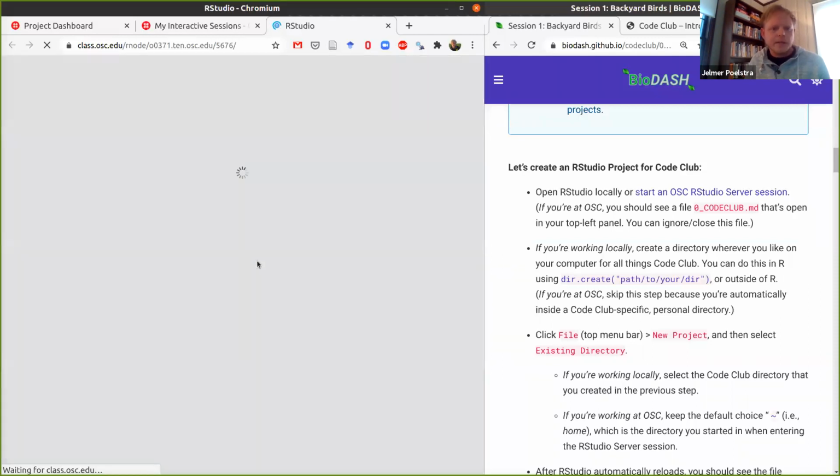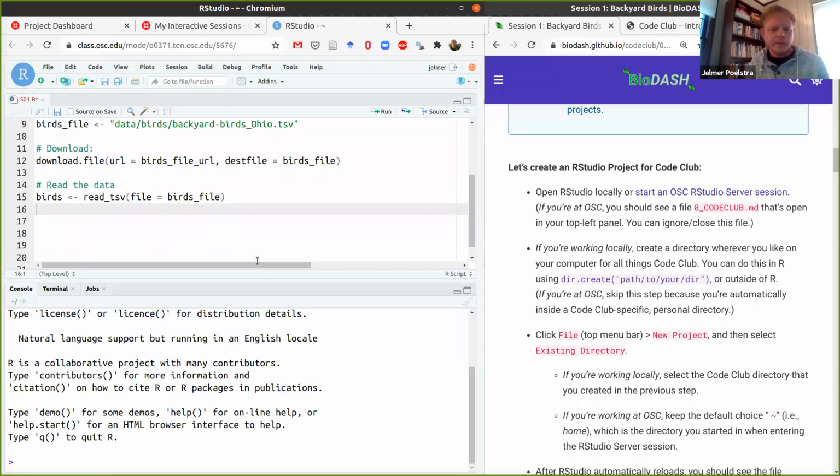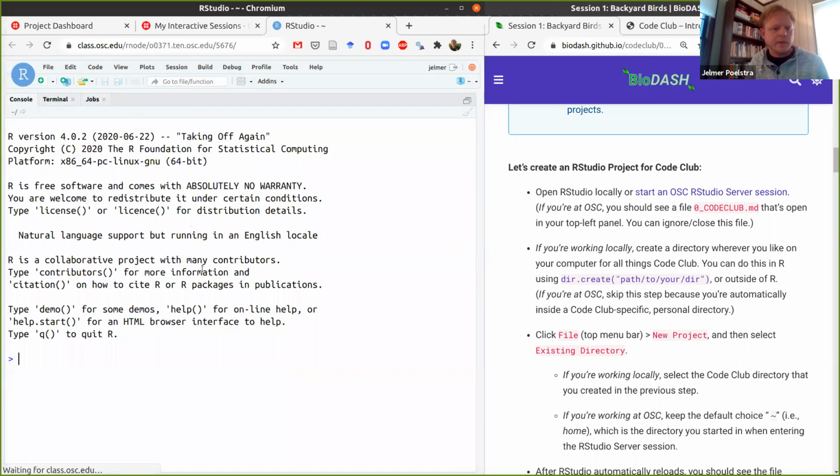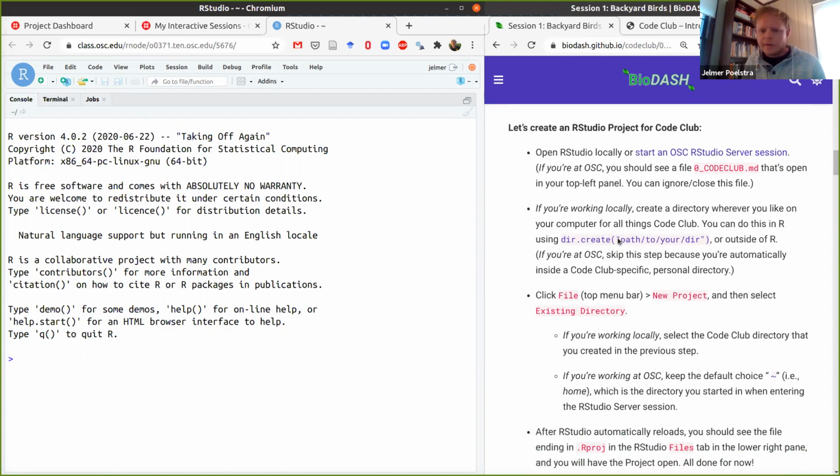So then, once you have the project, it will restart R. So we'll always restart R whenever you go into a new or different project, and that's a feature, not a bug, because it will avoid crosstalk basically between your different projects. So yeah, now we have our project,